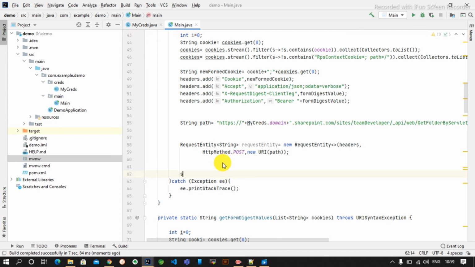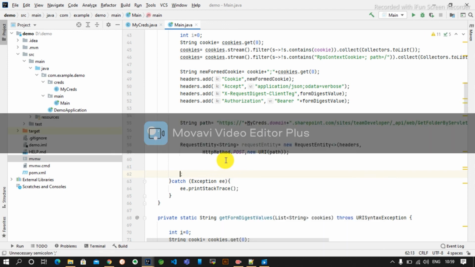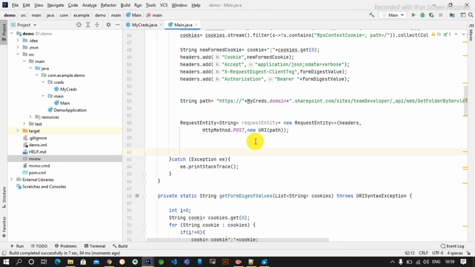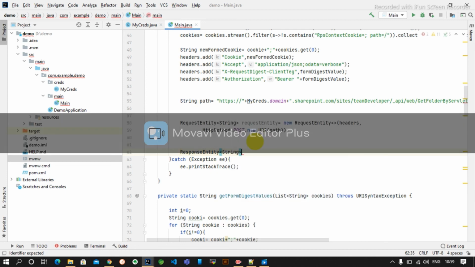So we will print our sout request entity, response entity. Oh, sorry, my fault. I have not used any response entity till now, so we will be using response entity as well. String response entity is equal to new response entity.